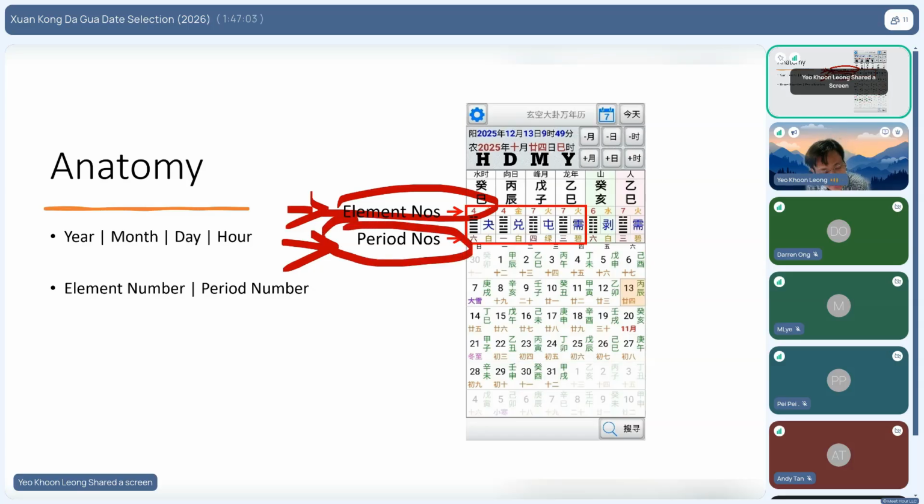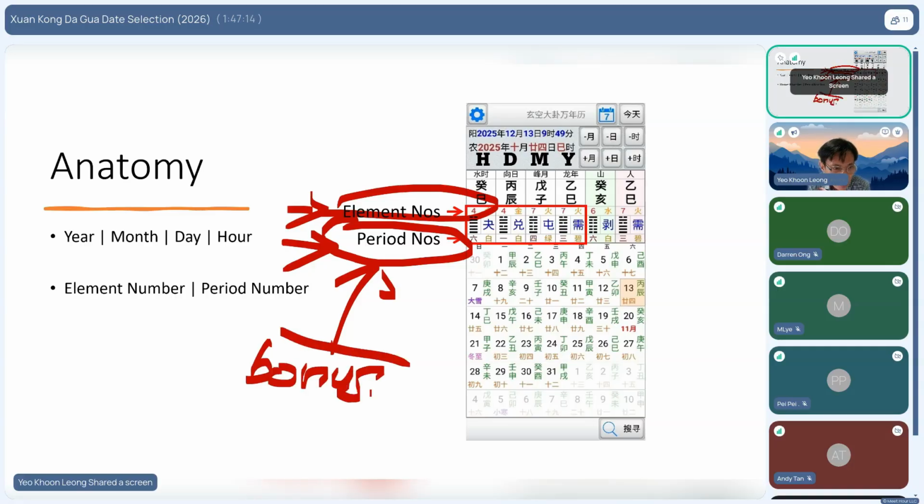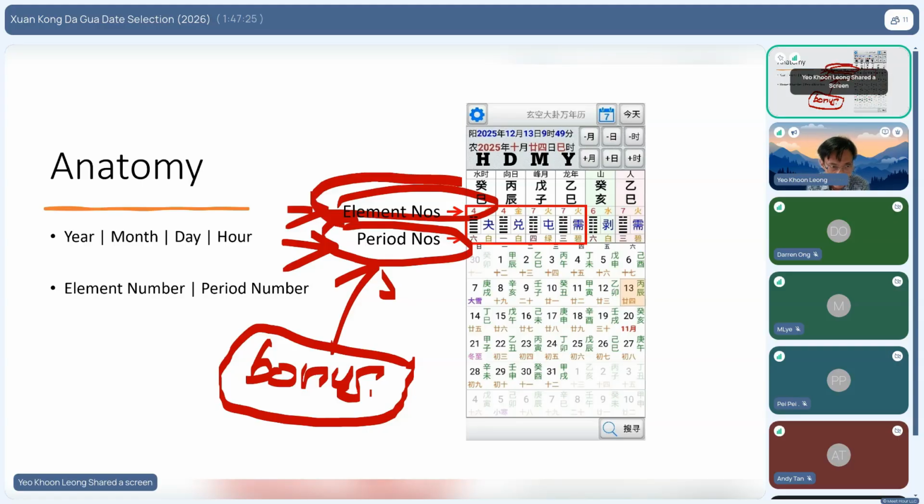But like I said earlier, based on my practice, if you can get the period number right, it is a bonus. A lot of the time, I don't insist that I must get the period number. If there is, then it's a bonus. If not, then I'll just focus on the element number. So when you read a date, you're basically reading 4 sets of element number and 4 sets of period